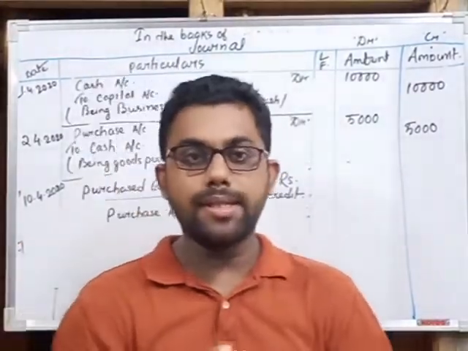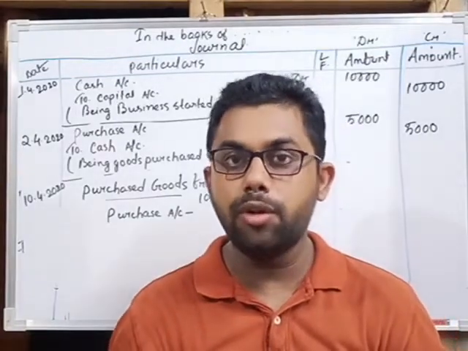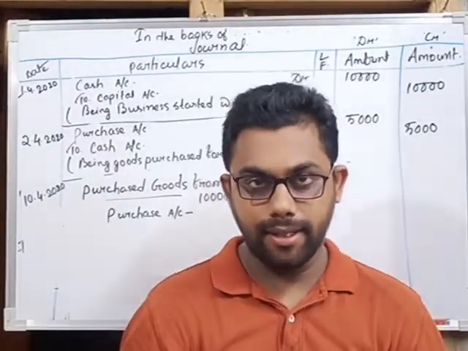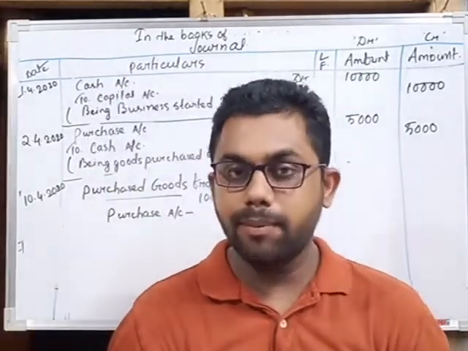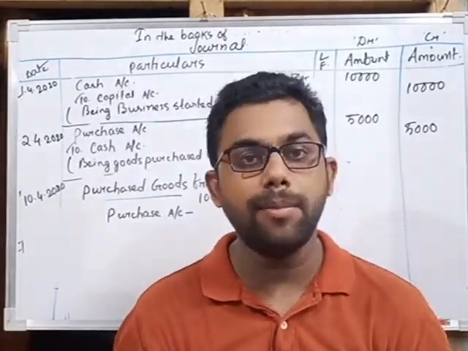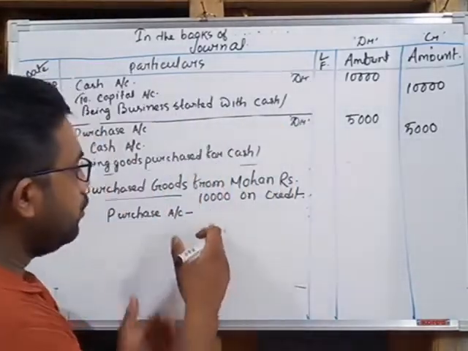So in our business there are two types of transaction. One is cash transaction, that means when we will pay the money immediately, and another will be the credit transaction, that means we will not pay immediately or we will not receive immediately, and this transaction is called credit transaction. So we can say that